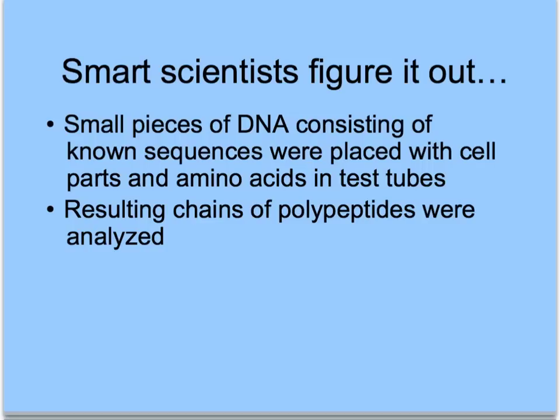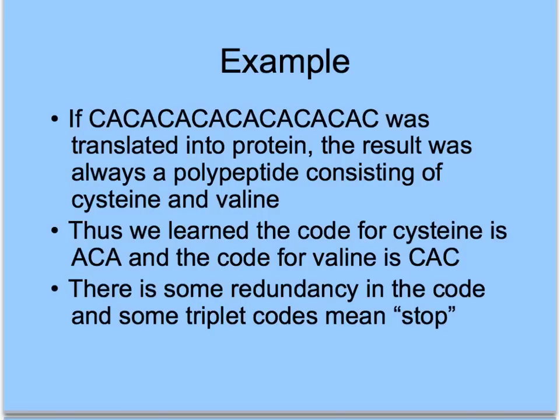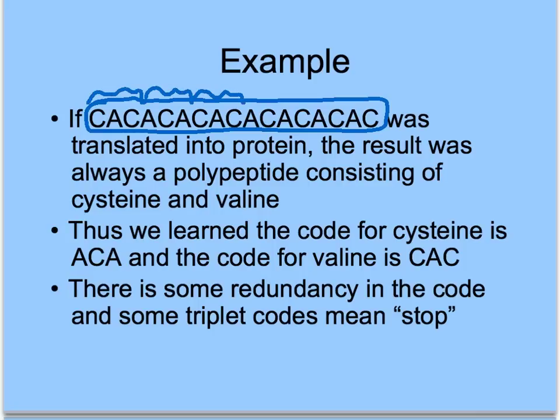And then they analyzed those polypeptide chains or proteins that did appear. And in fact, this was very interesting. For example, if they synthesized a piece of DNA that just consisted of repeating CAC, ACA, CAC, ACA, and so forth like this, they hypothesized that depending on where the ribosomes, where it was known proteins were made, started to read this sequence, you would either get proteins made of the same 2 amino acids